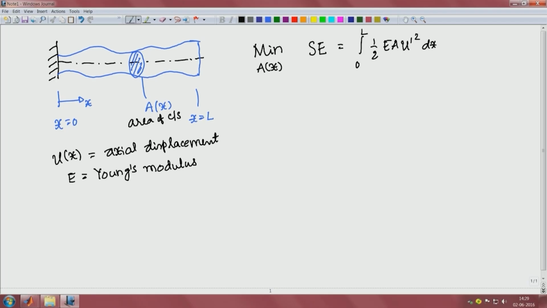So, we minimize with respect to A of x the strain energy, and we have constraints here because